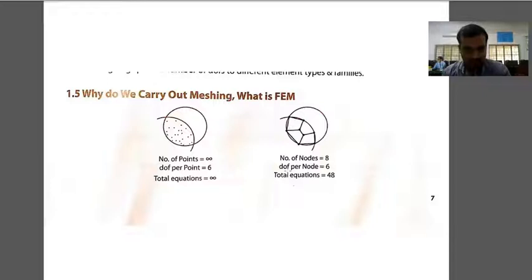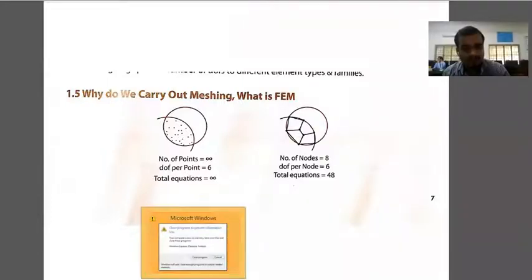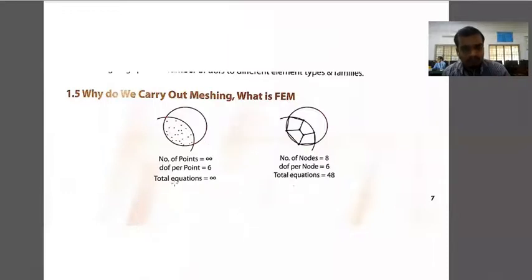Suppose this is your continuous problem, so there are an infinite number of points in this continuous problem. So if we consider the degrees of freedom per point is equal to 6, then total equations will become number of points into number of degrees of freedom per point. So this will become an infinite number of equations, but we cannot solve this infinite number of algebraic equations by our analytical method. But if we convert this continuous problem into a discretized problem,